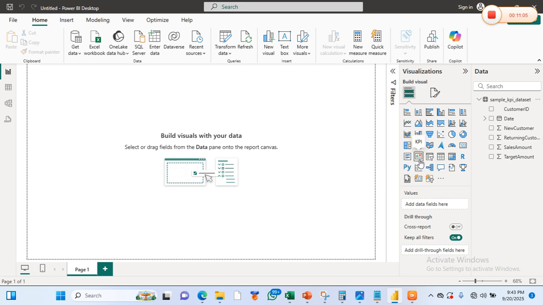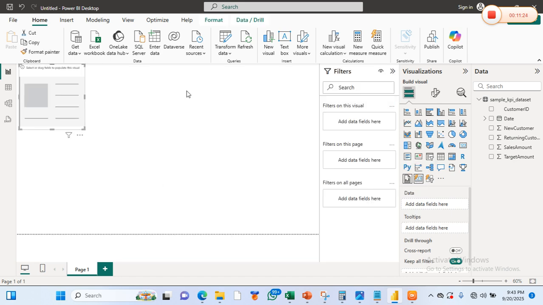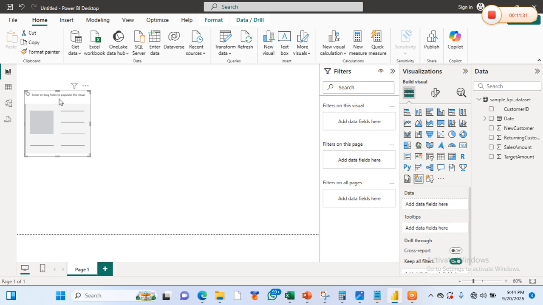Now you can use the normal KPI measuring tool, but I prefer and I always go for the new card because it has this interactive nature with data. So I'm gonna click on the new card, right? So this is our new card.